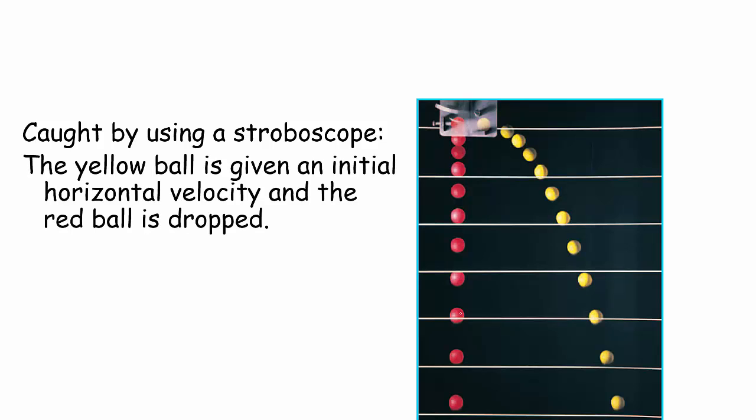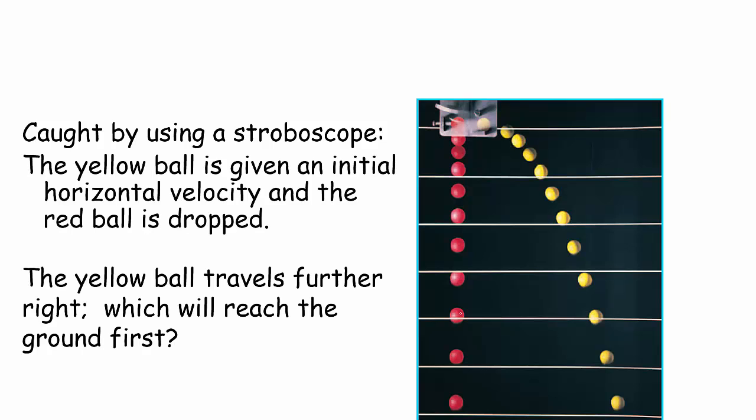Now, what we can see is that the vertical motion is unaffected by the fact that it's travelling sideways. So I ask this question: which of these balls will reach the ground first? The answer is clear. They're going to hit the ground at the same time. Even though this one has travelled further, it's given some horizontal motion, an initial velocity horizontally, but that doesn't affect